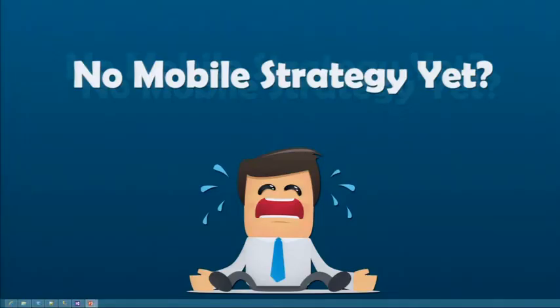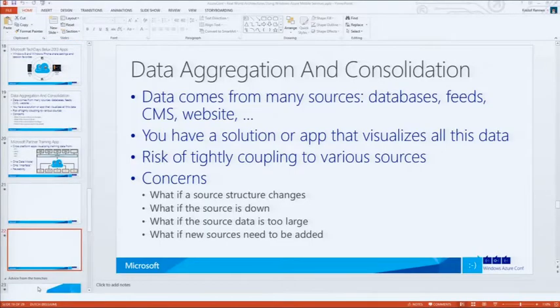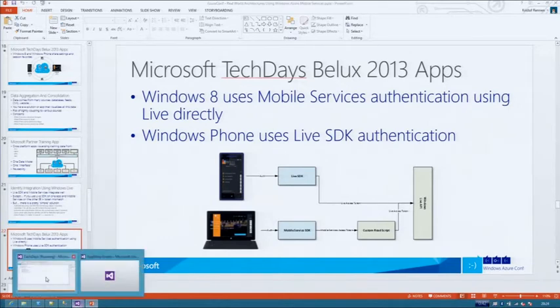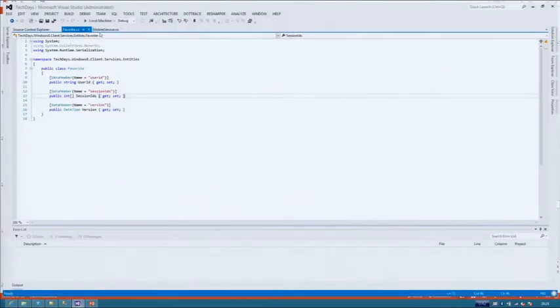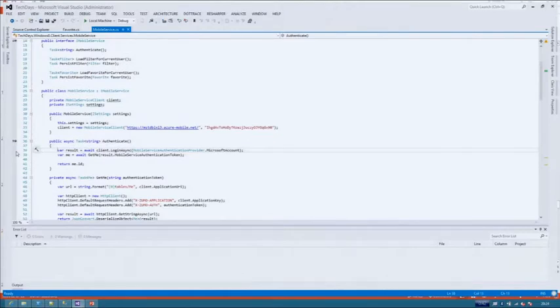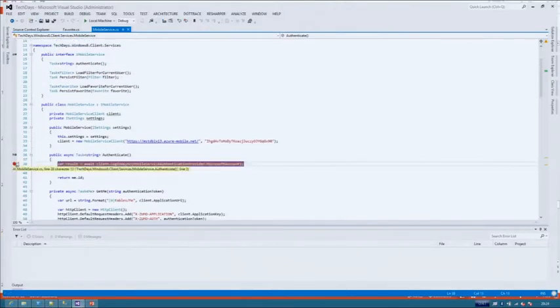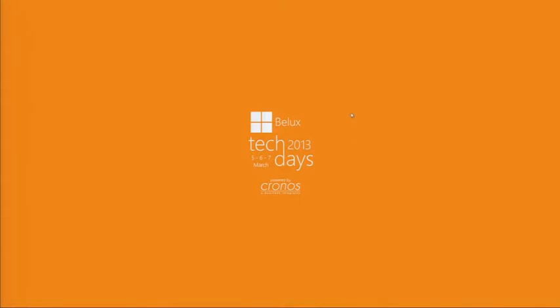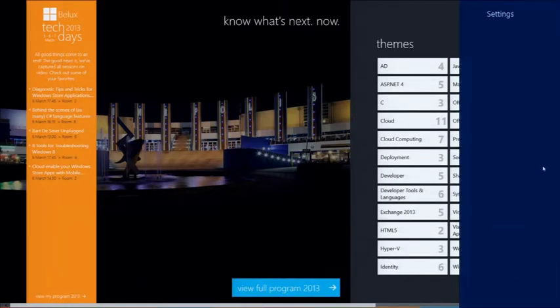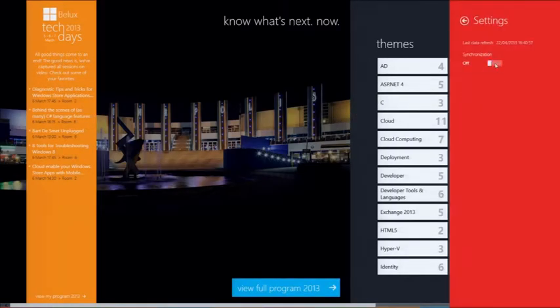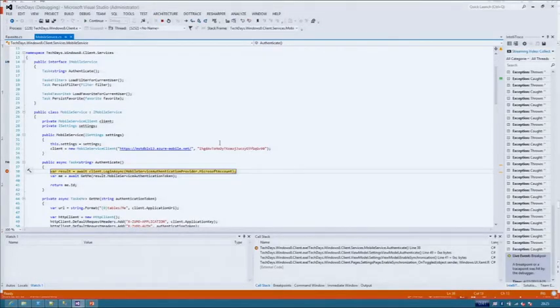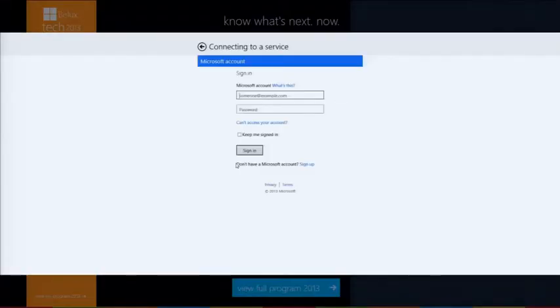So to show you the code, it's pretty simple to do. I'm going to debug it and show you how it works in code. So I have here my authenticate method. If I start it up and I go for synchronize, I'm going to shut it off and put it back on so it triggers the authentication again. You see that I'm just using the mobile service client to authenticate using Microsoft account. So if I step through, it will show the authentication broker and ask me for my credentials. So I just log in with my Live ID